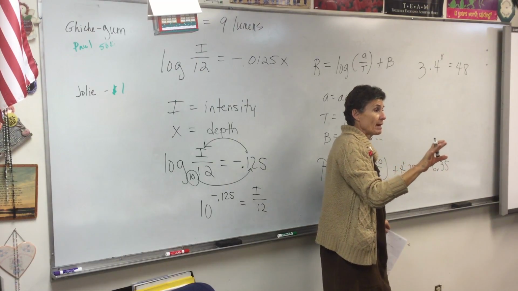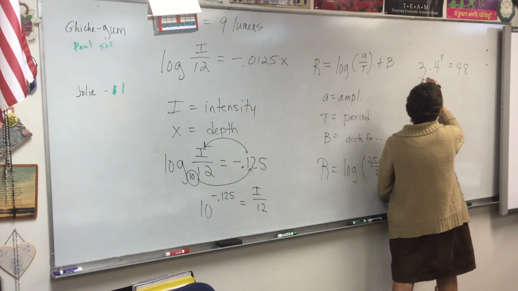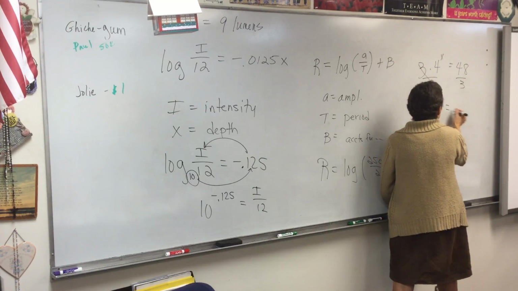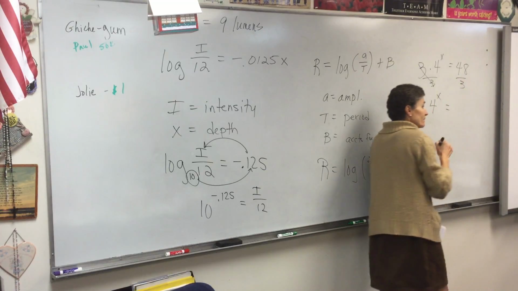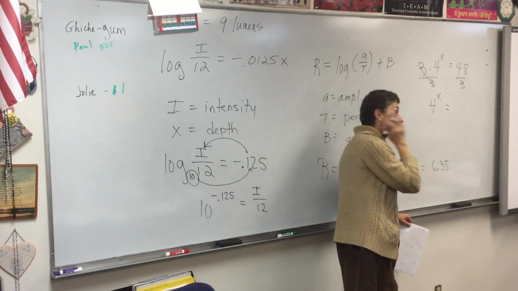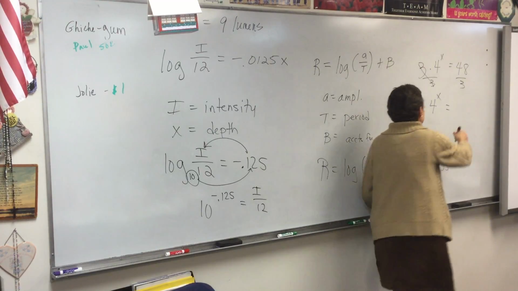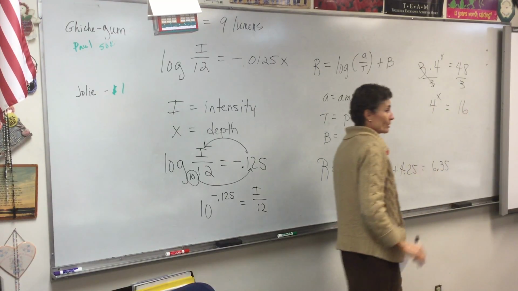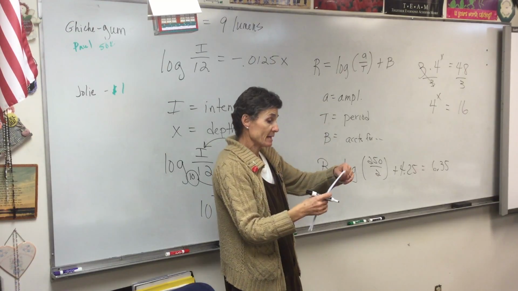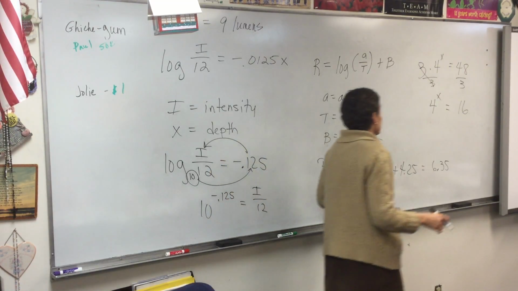Here's what I want you to think about. Start the problem by dividing by 3. So 4 to the x, what's 48 divided by 3? 16. So 4 to what power gives me 16? 2. So we started by getting rid of that extra number. Now,